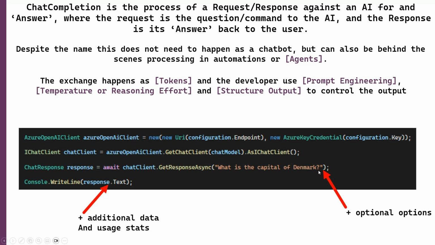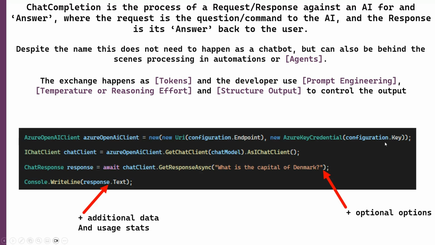The request you sent can of course have more additional options, files, tools that can be called, RAG data that are being included and so on. While the response back can of course have additional things like usage stats, number of tokens used for the call, but also in multimodal versions, images and text back and whatever you're working with. But the pure and simple default is very, very simple with 3 lines of code like this.